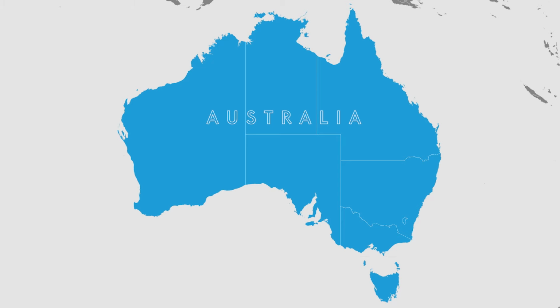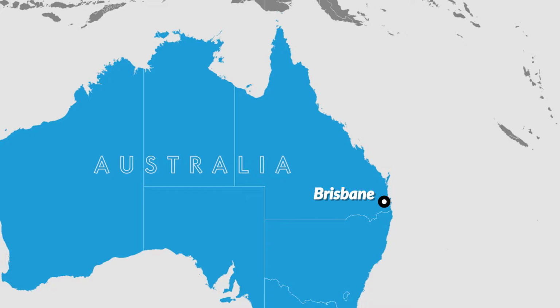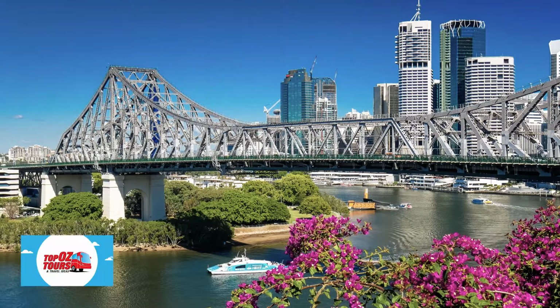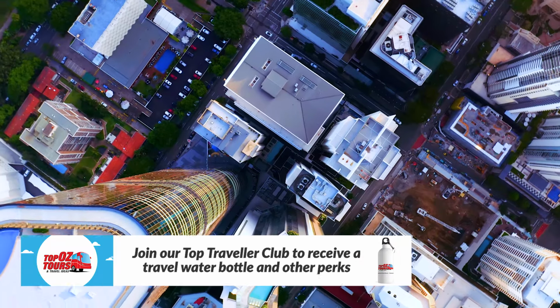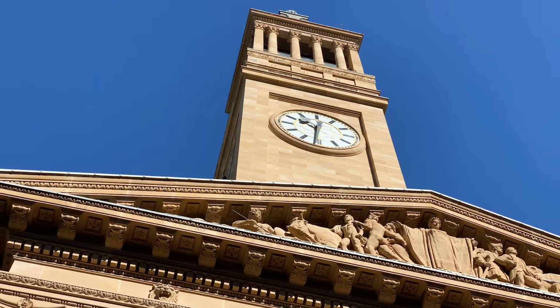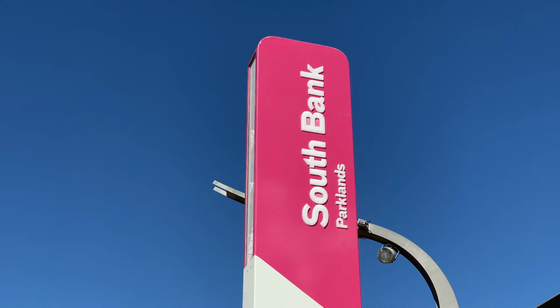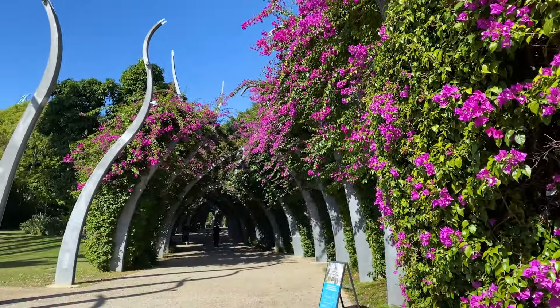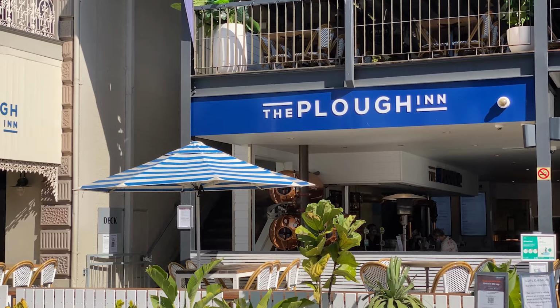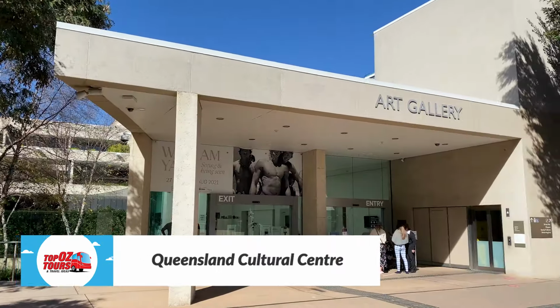Brisbane is the capital of the great state of Queensland, and it's fair to say that this city has changed beyond all recognition in recent decades. It's split right down the middle by the mighty Brisbane River, with the CBD on one side and the fabulous South Bank Parklands on the other. Our first stop is the South Bank Cultural Precinct, home to the Queensland Art Gallery and Gallery of Modern Art,